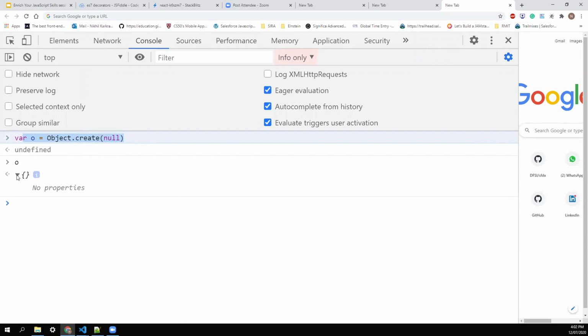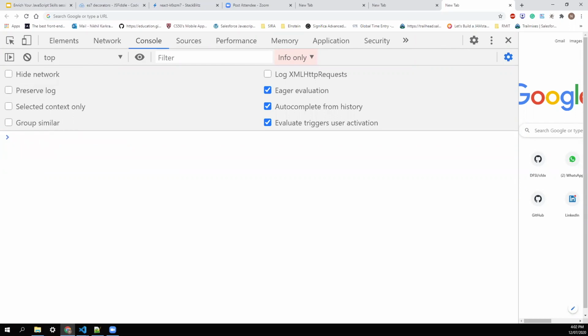I'll show you in a while what the benefit of prototype is in the actual performance of JavaScript and why JavaScript relies so much on prototypes. So till now we have seen just the basic level: each and every method, function or object has its own prototype. Now let's see what problem the prototype is solving here.